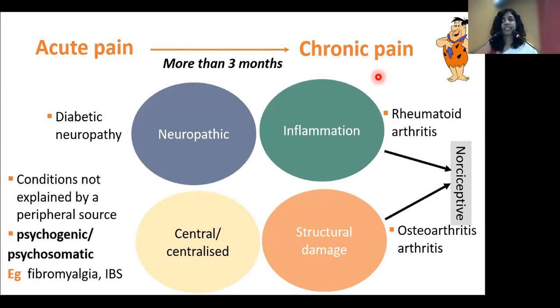This is pain that cannot be explained by a peripheral source. So often we think of it as being psychogenic or psychosomatic, like fibromyalgia,